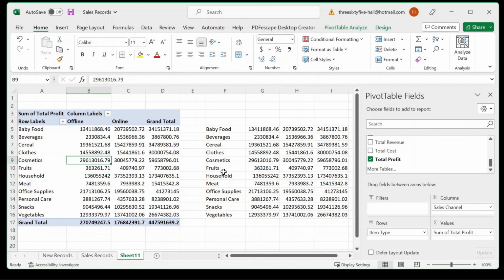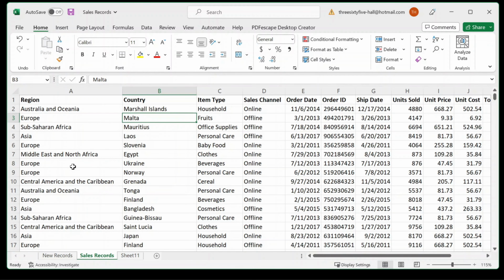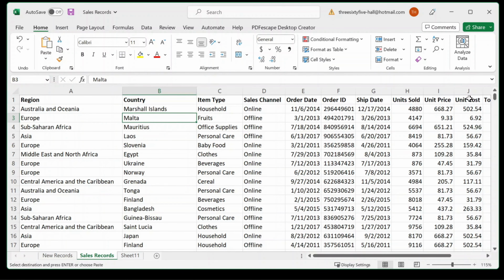All right, so at this point, let's say that we have new records that become available that we would like to add to this data set that was used to create the pivot table. And our hope would be that the pivot table would be updated with this new data. So let's see. For the new records, I will select the data. There are about 100 records here. Right click, copy, and let's paste it into